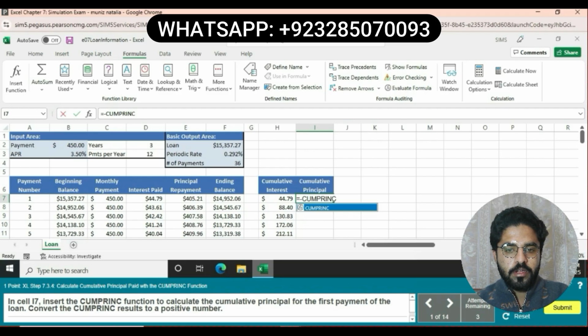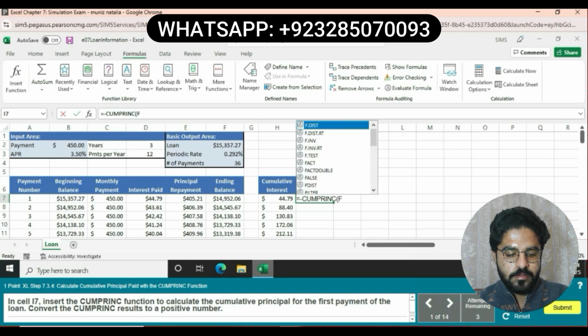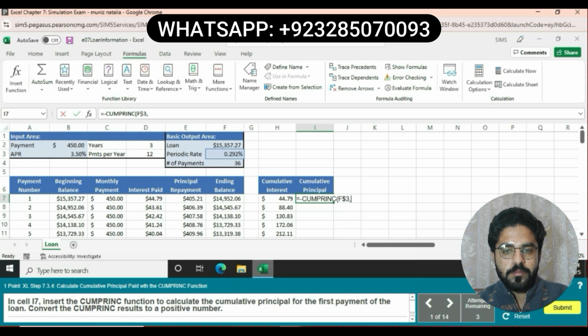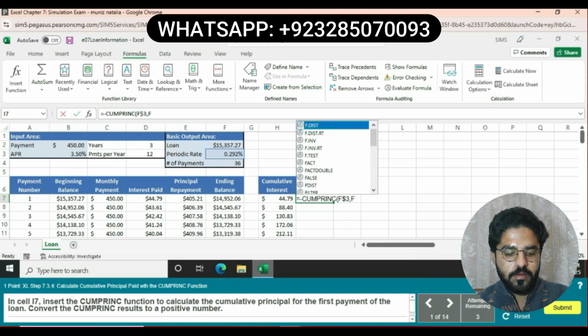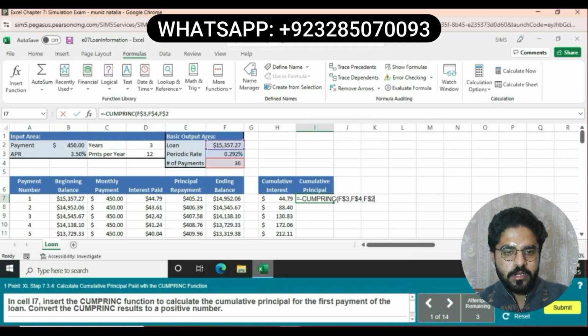After writing the formula, we can give the range. We write F3, F4. F3 represents the periodic rate, F4 represents the number of payments, and F2 represents the loan